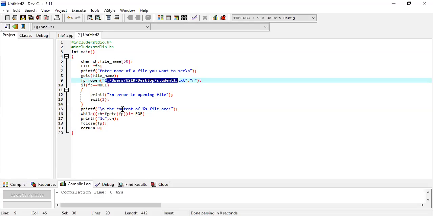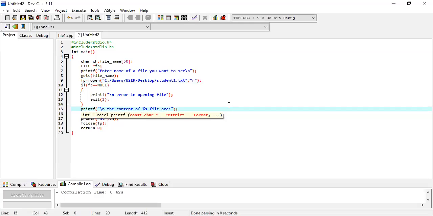After that, sorry, there is one mistake. I'm writing that one. We actually print all the content of that particular file. So %s file r, after that comma file name, because I'm not mentioning the variable name here.